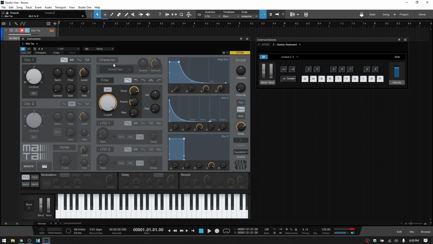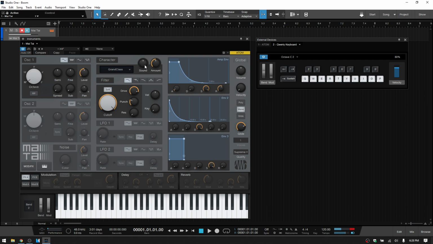The next area that we can use to shape our sound is the character section. And the character section uses wave shaping effects to change the tonal quality of your sound. So it's best to use your ears with this. If we go ahead and turn this on by clicking on the name there, character. If I turn that back off,